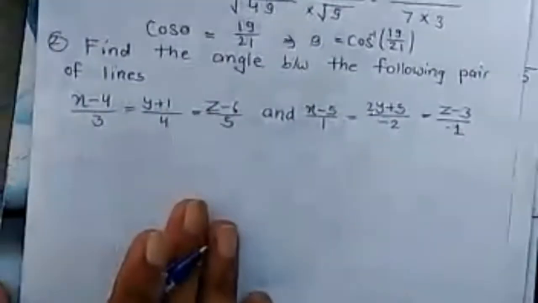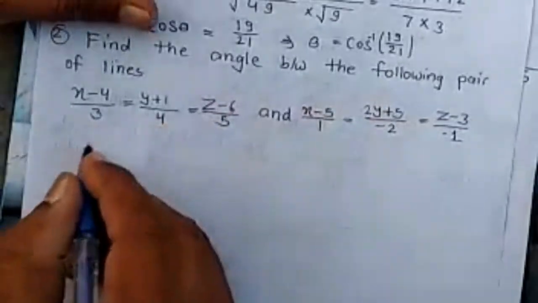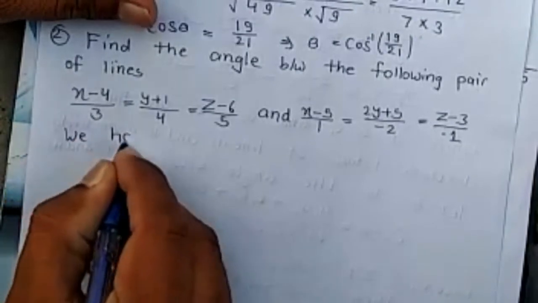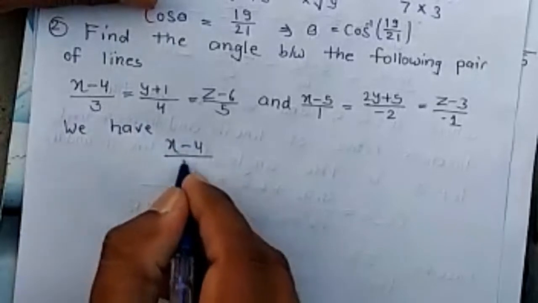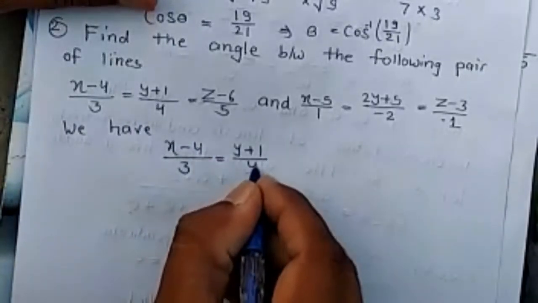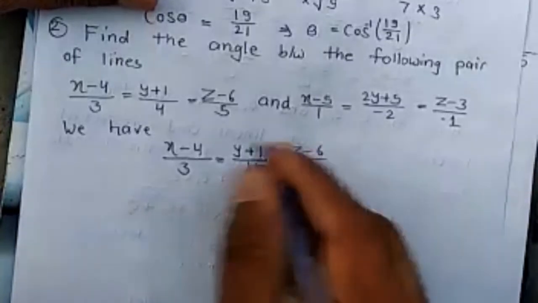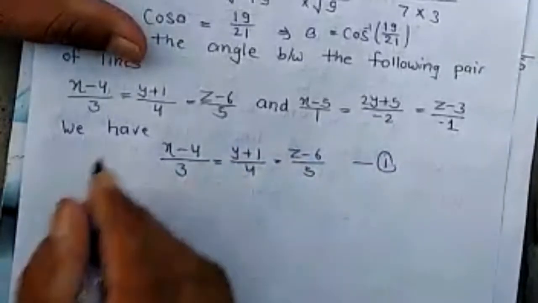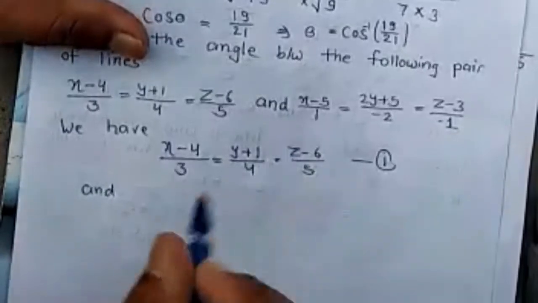Now again another question: find the angle between the pair of lines. Firstly, the first line is x minus 4 upon 3, y plus 1 upon 4, and z minus 6 upon 5. It is first. And the second line is x minus 5 upon 1,